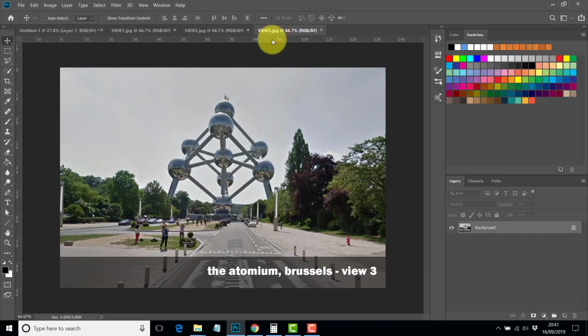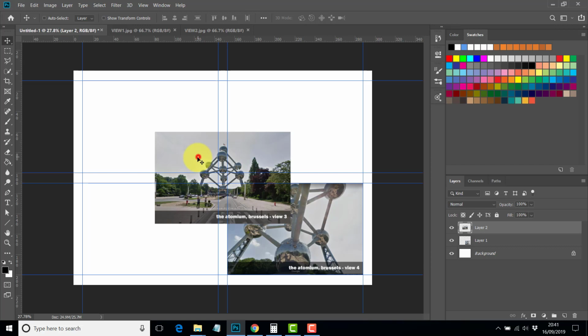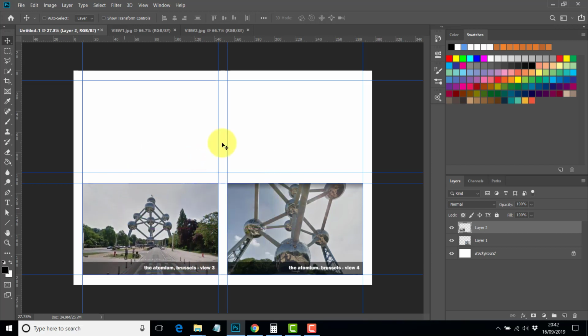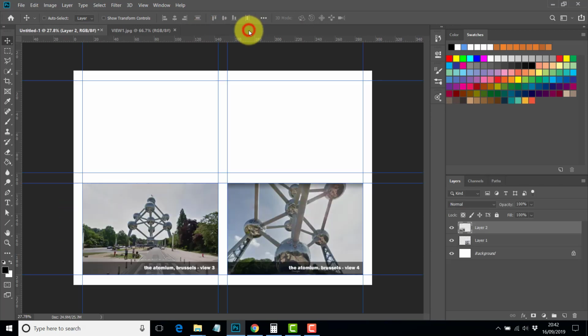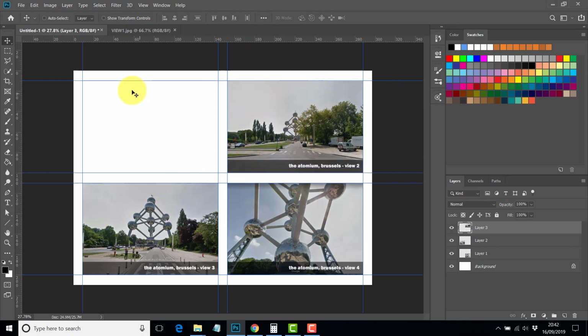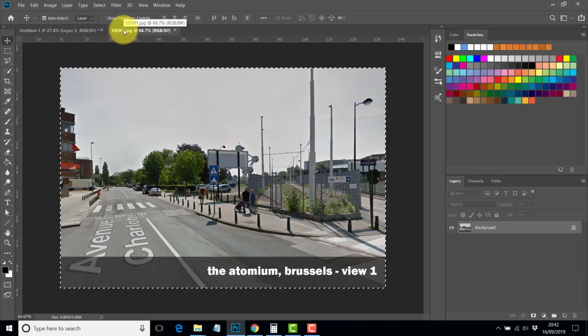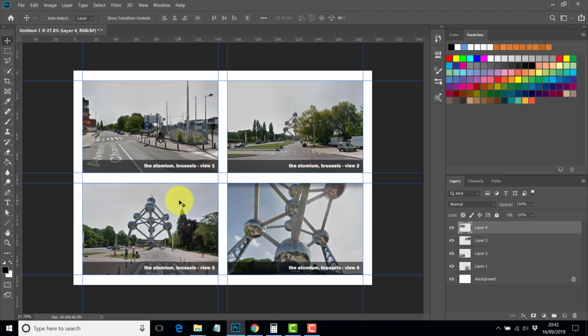Okay, let's get the third view. Control A, Control C, close, Control V. Okay, so we'll put the third one there. View 2, Control A, Control C, close it, Control V. And finally, the first view, Control A, Control C, close it, Control V. Okay. Now we didn't do any tweaking to those images. We could have maybe increased the brightness and things, but really this is just about the cropping and the resizing